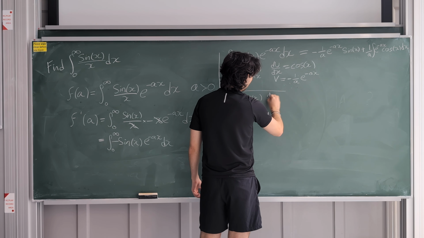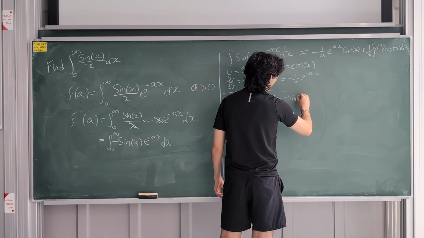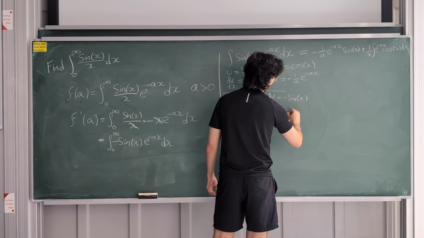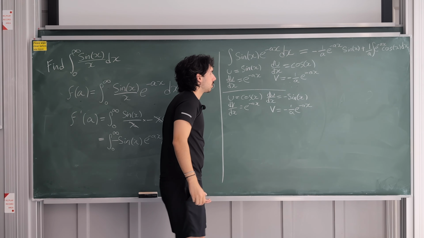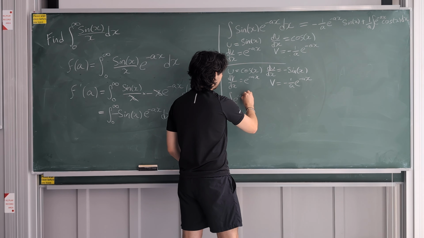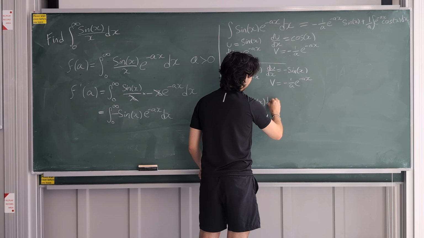That means that du dx is minus sine x, and it means that v is minus 1 over a e to the minus ax. So that means that the integral of e to the minus ax times cos x dx